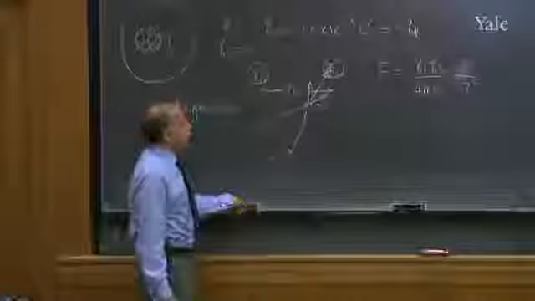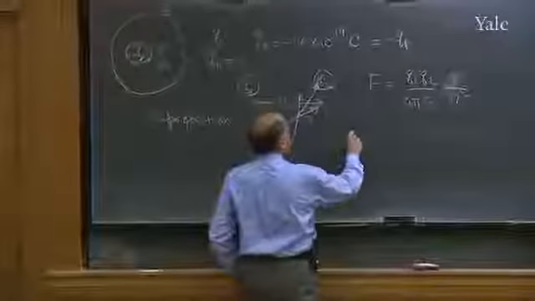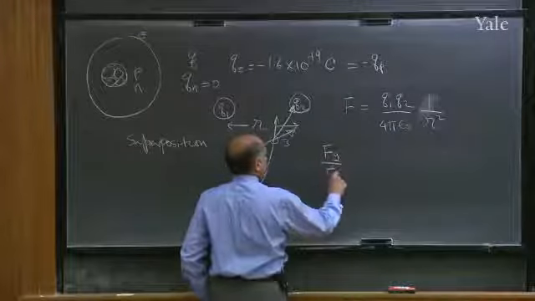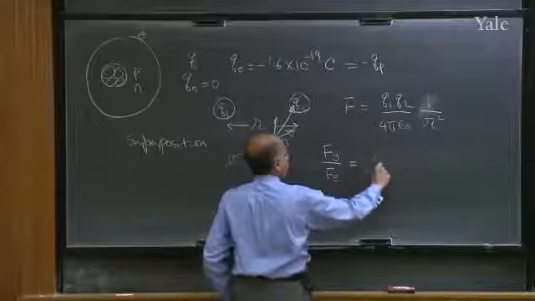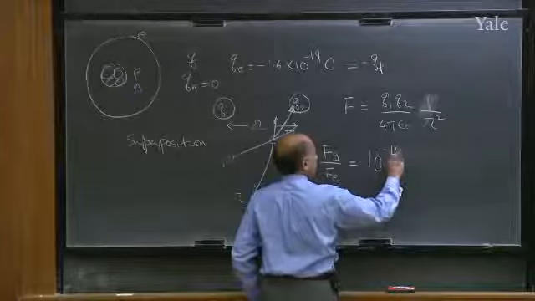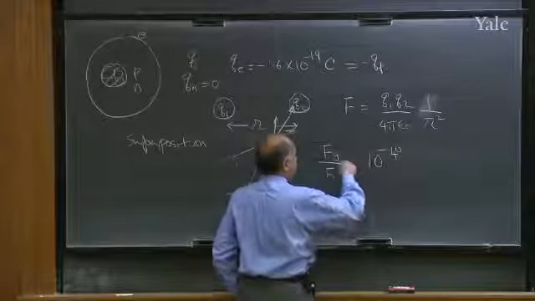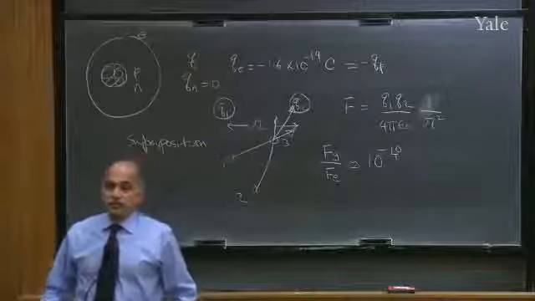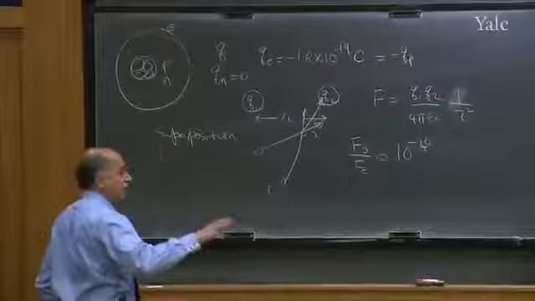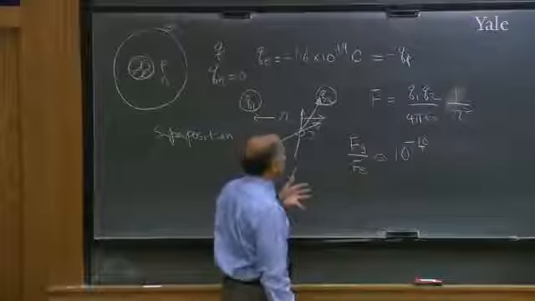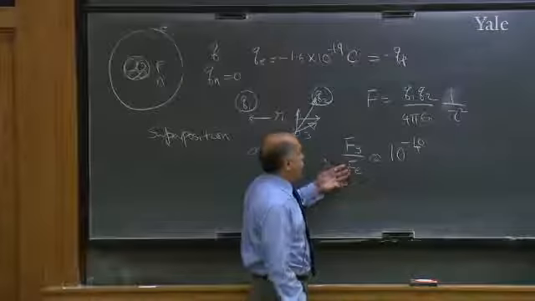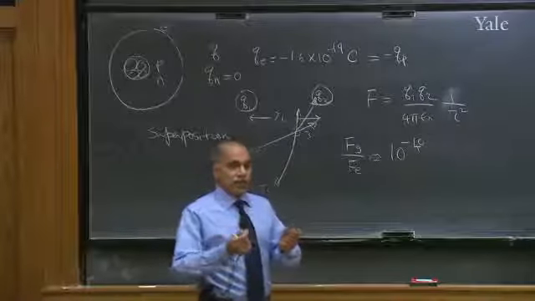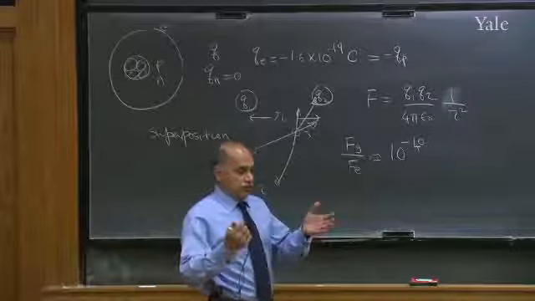Now, I did do one thing, which is to emphasize to you that the force of gravitation divided by the electric force is some number like 10 to the minus 40. I put this twiddle here, meaning not exactly. There are factors of 1 and 2 or 10 missing, but 10 to the minus 40 is roughly the magnitude of this ratio. And it was done by comparing the force between an electron and a proton. Didn't matter what the distance was, because everything goes like 1 over r squared. So when you take the ratio,